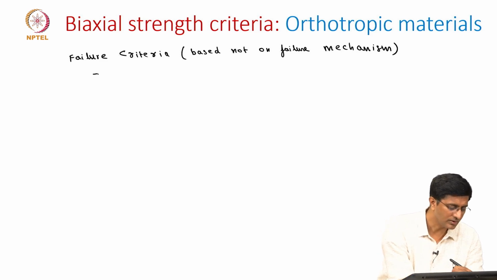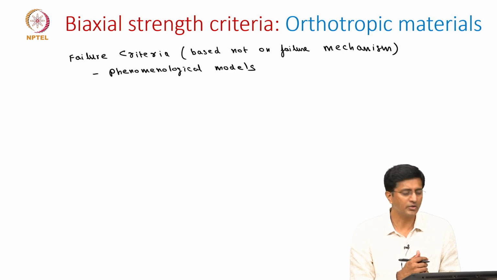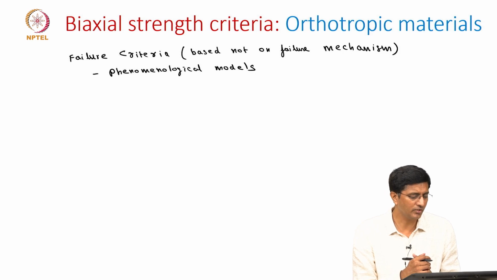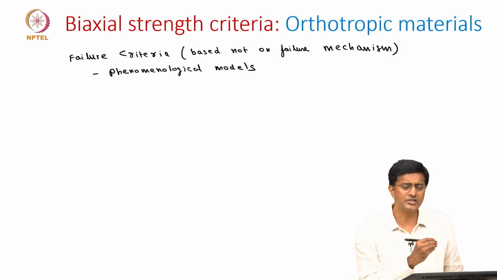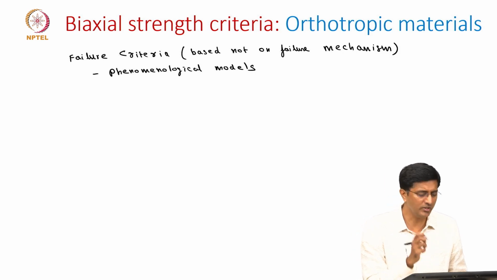Or we should also call these phenomenological models, meaning that we are developing these failure criteria based on experience, meaning the more we test, we get a sense of how things fail, and based on that, we are coming up with these failure criteria. So essentially, these are less analytical and more empirical. But the approach we'll follow is semi-empirical,